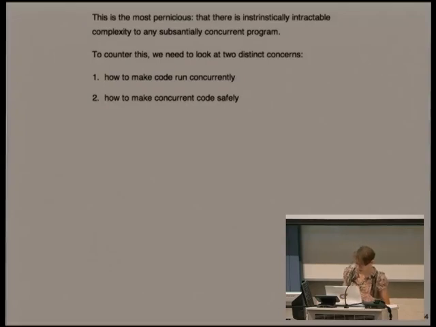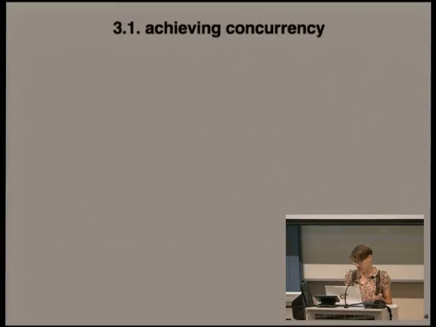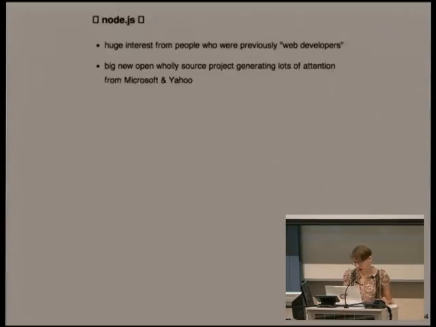And to counter that, I think there's two things you need to talk about. First of all, how are people actually making their code run concurrently? And secondly, how are they actually managing that so that they can access data safely? So for that first issue of how you actually make your code run concurrently, I'm going to talk about Node.js as a kind of case study in what I think is a bit of misinformation about this whole issue. And these two emoji are both the pile of poo emoji.